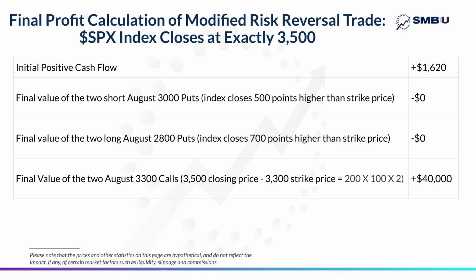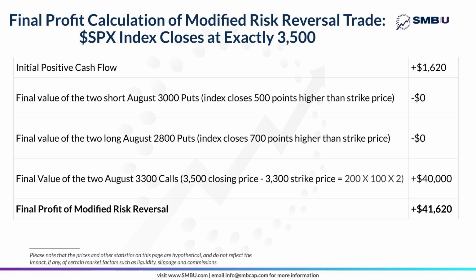So to calculate the value of those calls that are in the money, you take the closing price of SPX on the day the options expire, and you subtract the strike price of the call from that, and the result in this case is 200, meaning the index closed 200 points past the strike price. And so again, you multiply that by 100 for each point that the index closed above 3,300, and we bought two of them. So the final value is $40,000, which when added to the $16.20 credit that we originally got,